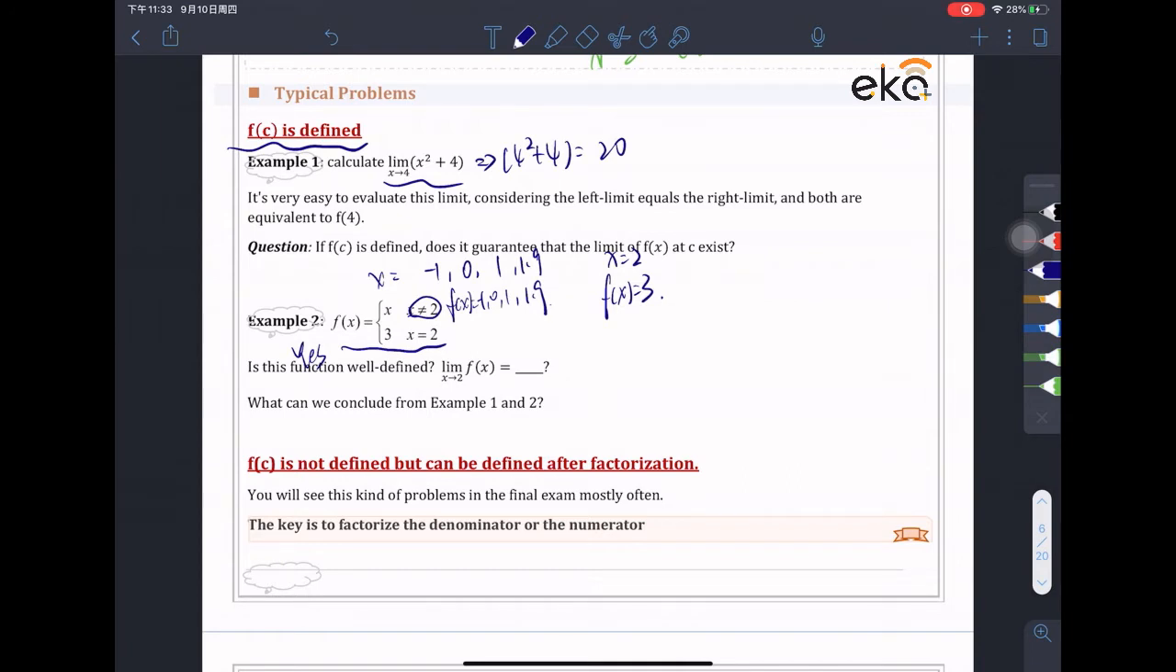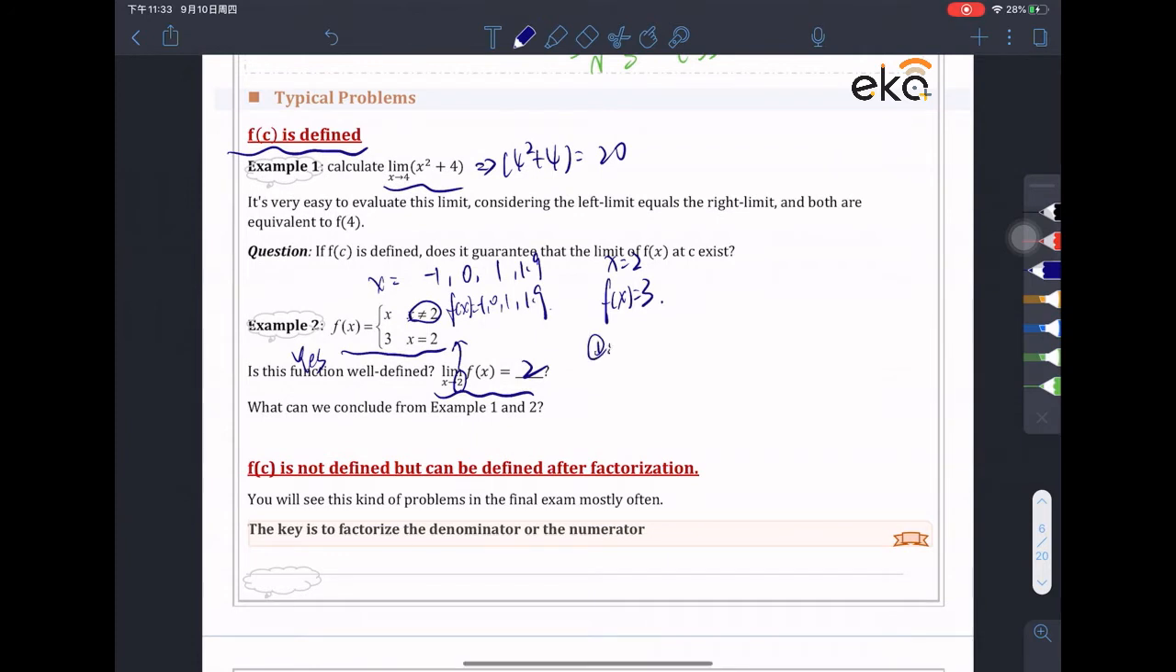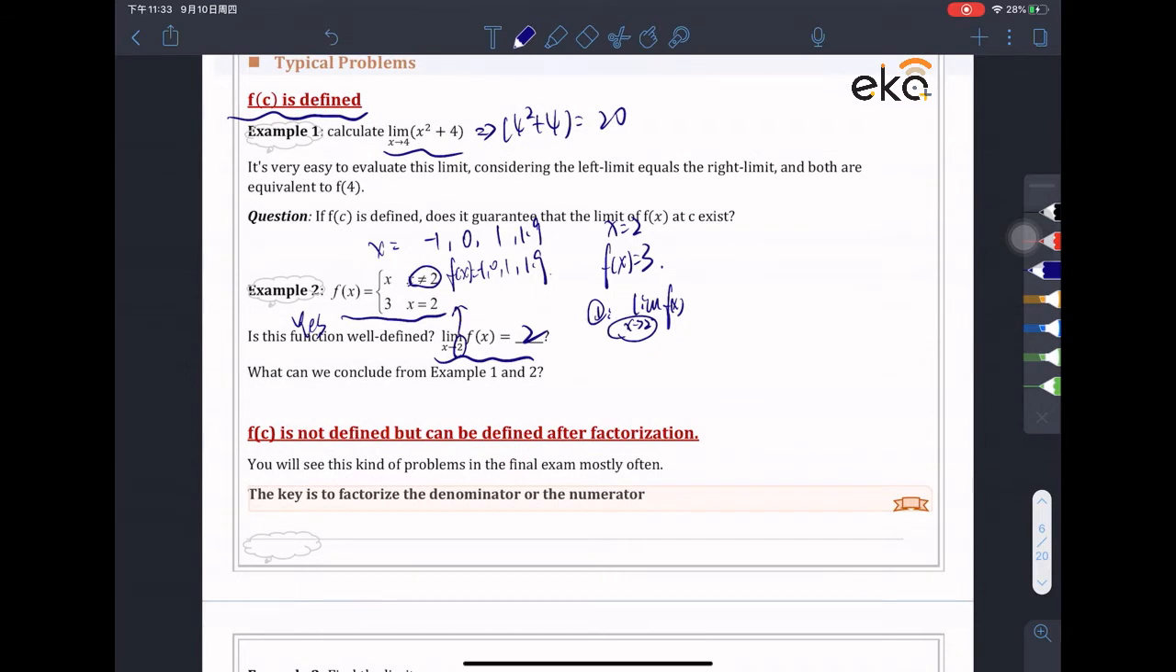But the limit of f(x) when x is approaching 2 is 2. We cannot plug this number into the function to calculate f(x) because... first, let's calculate the limit of f(x) as x approaches from the left hand. So when x is approaching 2 from the left hand, which means we are approaching 2 from